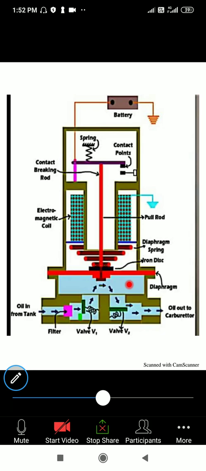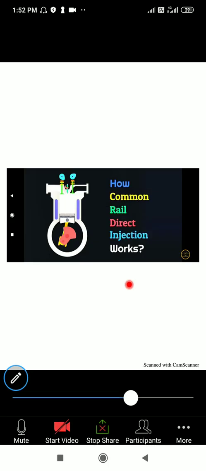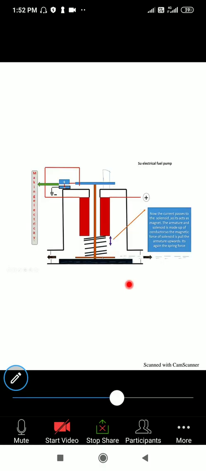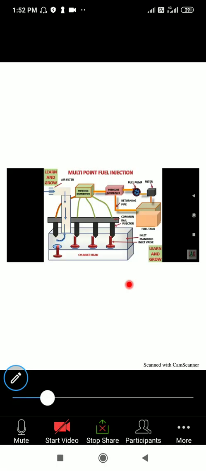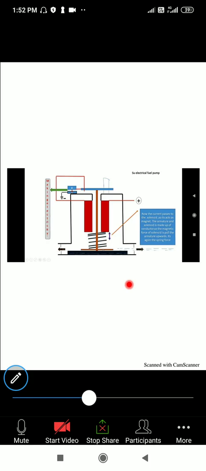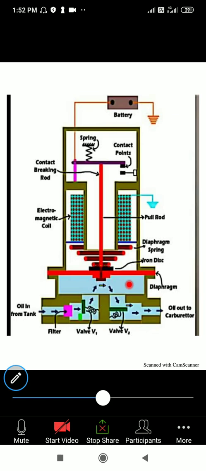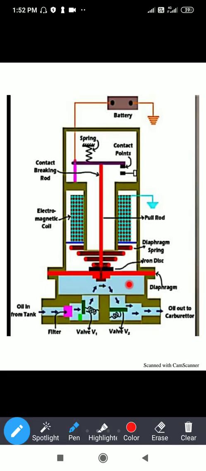So this is the diagram of an electronic pump. So see, this is a diagram of an electronic pump. This will be easy to explain to you. So see, this electronic pump works on the solenoid theory. Okay, the solenoid device is used for the working of this electronic pump, and the advantage of this type